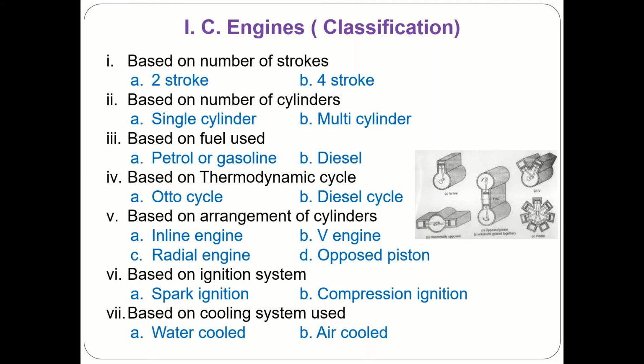And in case of the engines, you can also divide them in two types as water cooled engine and air cooled engine. The water cooled engines are used in heavy applications, where a coolant is supplied through the engine jacket. The coolant is a mixture of water and glycol, so that will give better cooling as compared to the second type, which is air cooled engines, which are used in bikes.